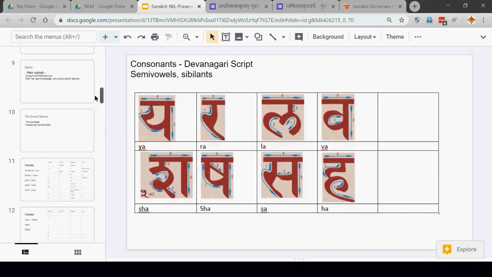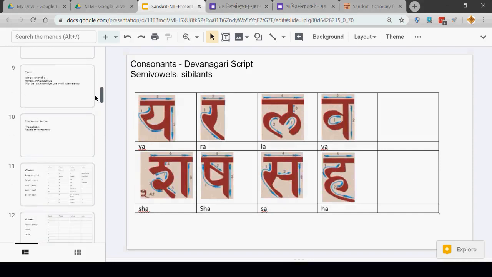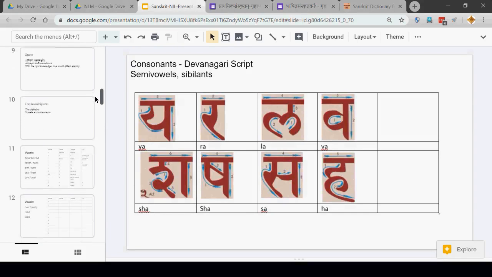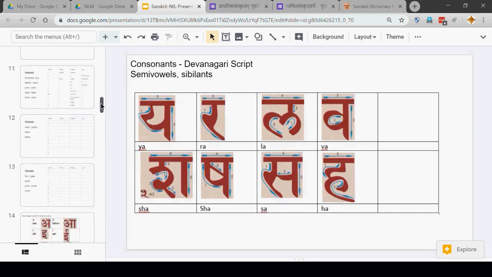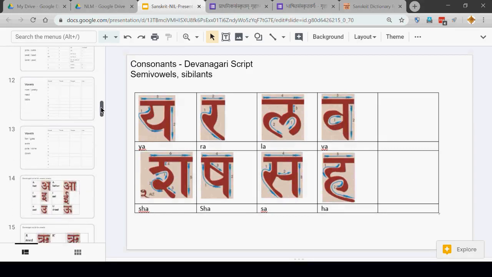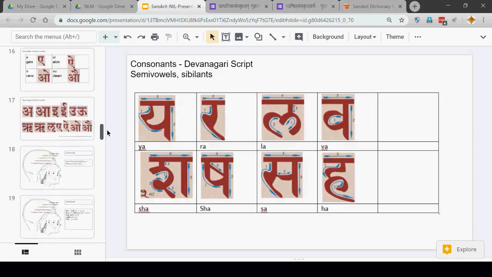So we looked at all the vowels and the consonants, how to sound them, and how to write each vowel and each consonant using Devanagari script. So